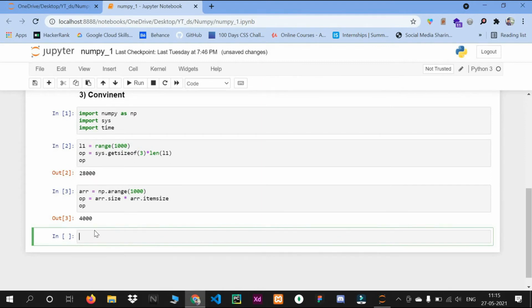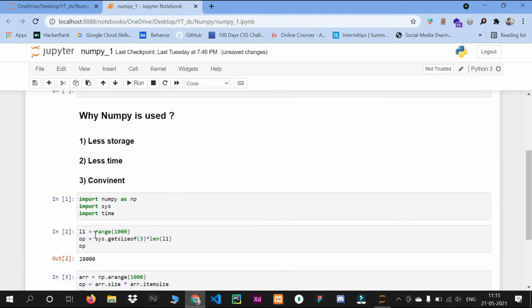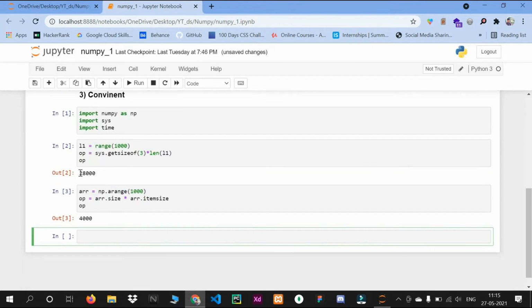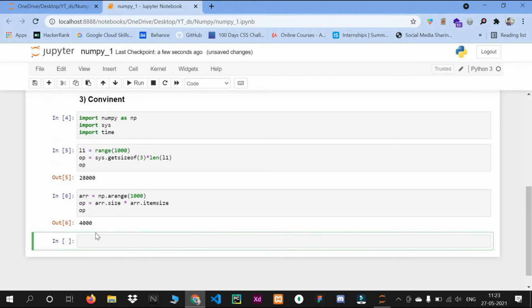So we can see it is taking less memory compared to the list. So this is why it takes less storage compared to a list.